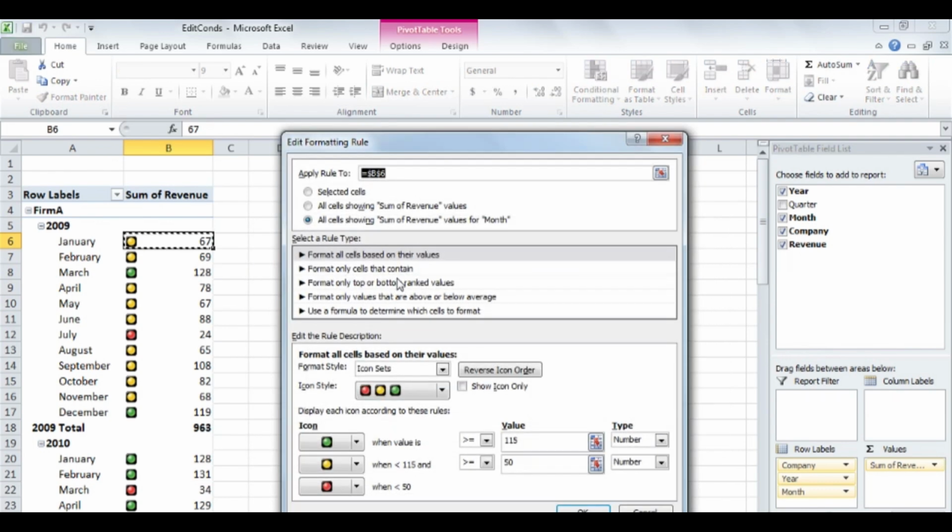You can use the controls in the Edit Formatting Rule dialog box to change every aspect of your conditional format, including the type of rule, the cells to which it's applied, and the rule's conditions. Now in this case, I have an icon set conditional format, and just as an example, I'll change it to a color scale using the same conditions. So the conditions that I have are green for the high values, in this case greater than or equal to 115, yellow for anything that is less than 115 but greater than or equal to 50, and red for everything